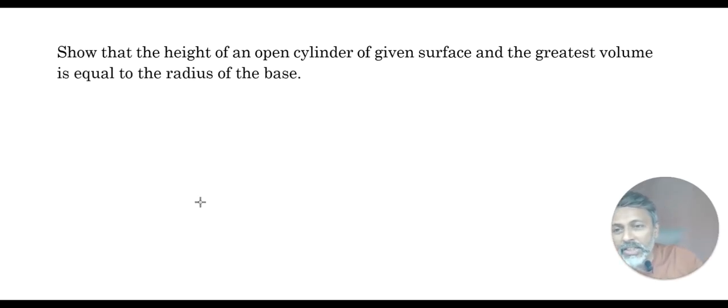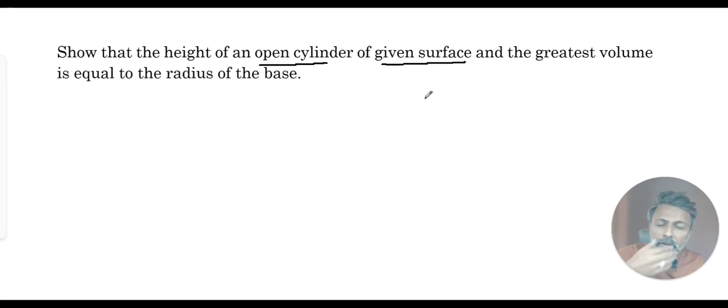Here in the next question, show that the height of an open cylinder, open from the top, of given surface area. So far we have been dealing with volume. This time the surface area is given, except in that cuboid question where we had 4 walls and the base. Here again the surface area is given and we have to show that this object has got the greatest